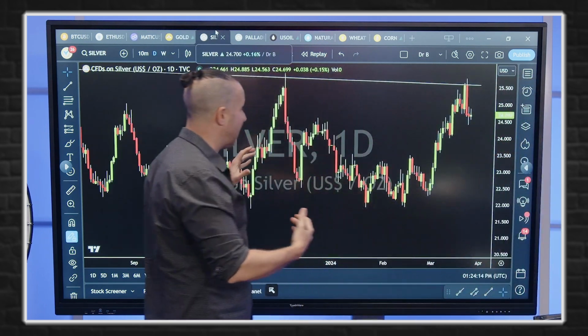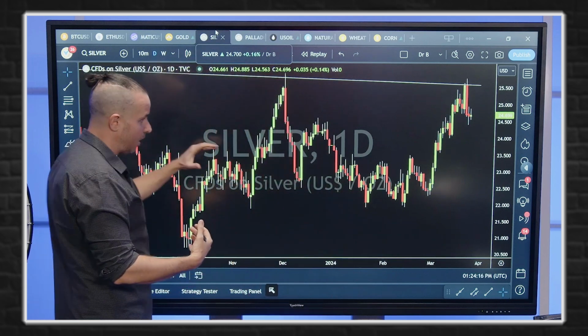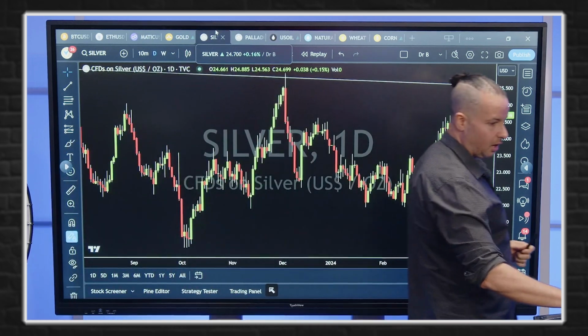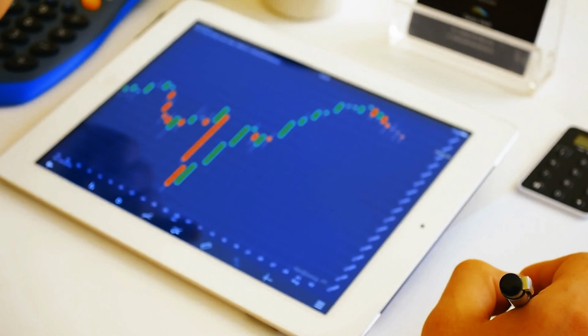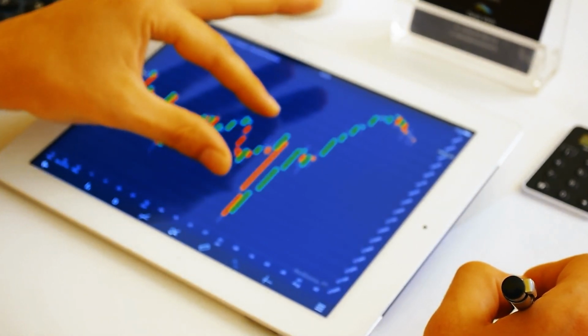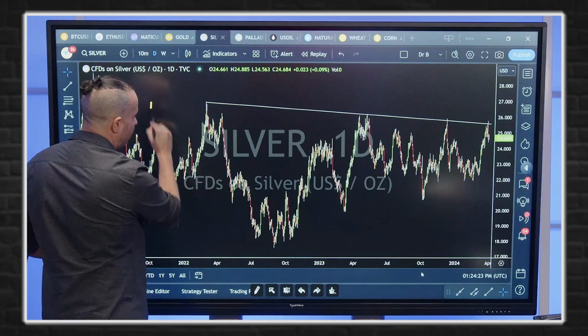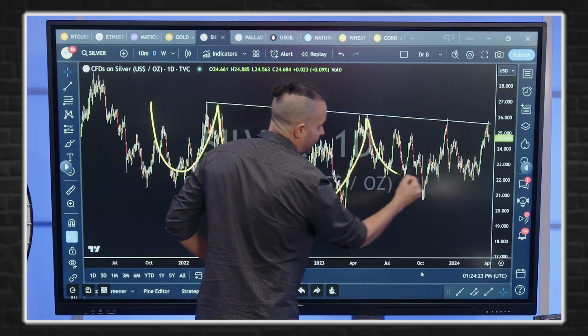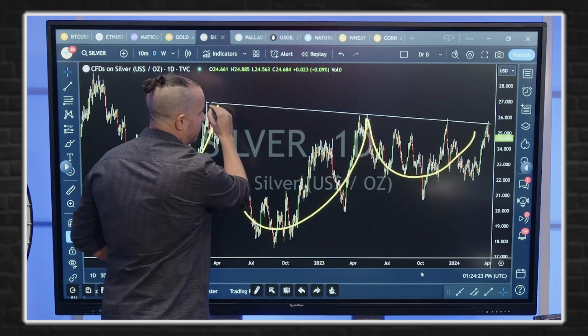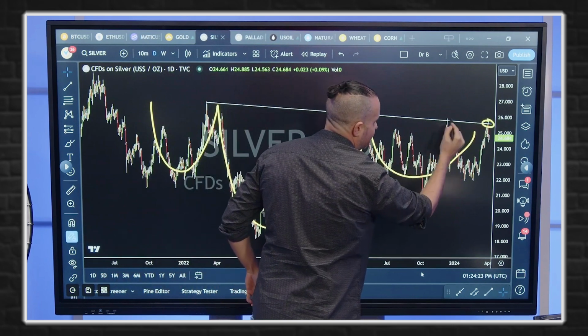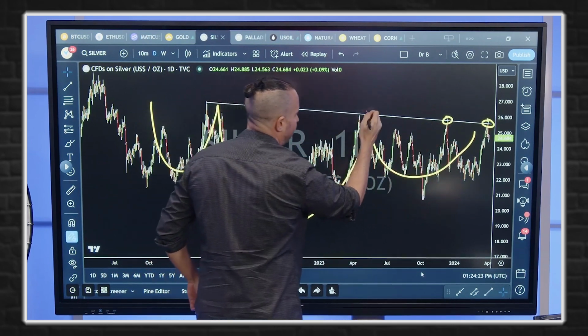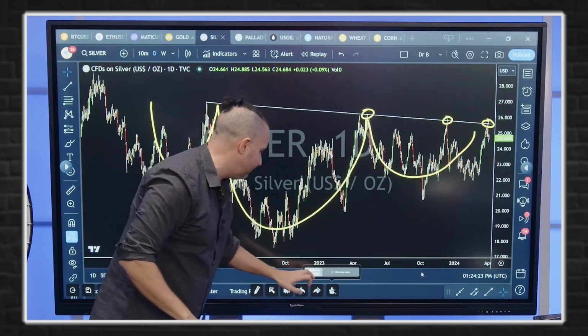Silver continues to struggle here. Still, to me, has not broken out just yet, so we'll have to monitor that. But again, we have a trend line here that if we zoom out, you got this inverse head and shoulders kind of thing working. It's not the greatest of inverse head and shoulders, but it's still a great trend line where you could make a case like this pattern, right? So again, you want to see this neckline break, and we keep on hitting it here and still not able to break above that level.